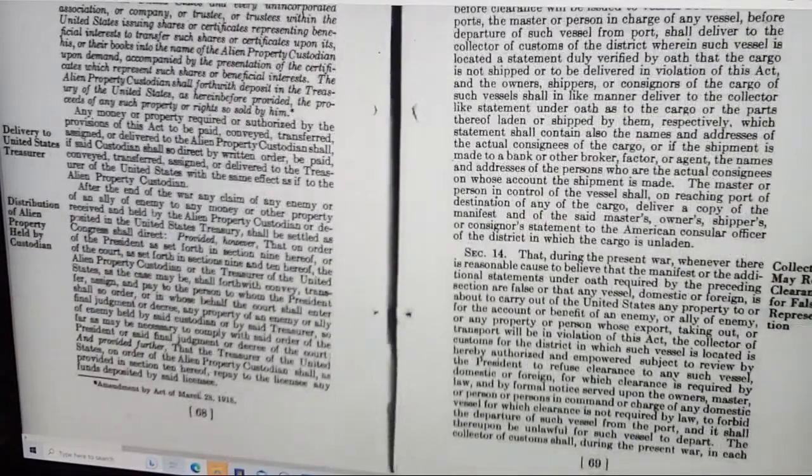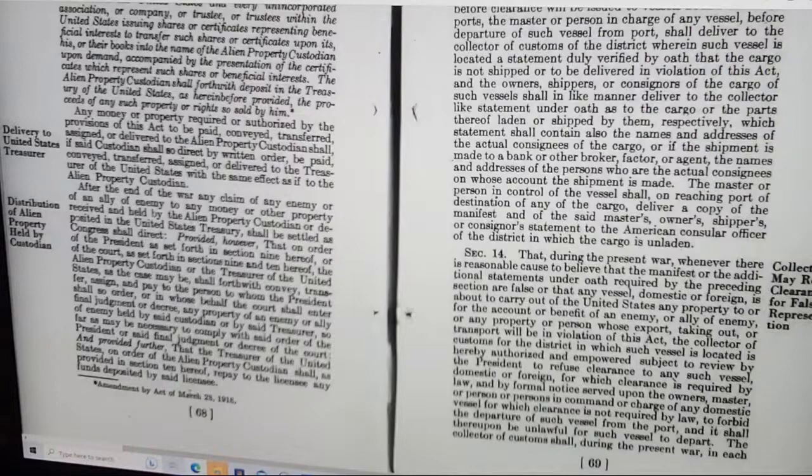Distribution of alien property held by custodian. After the end of the war, any claim of any enemy or of any ally of the enemy to any money or other property received and held by the alien property custodian or deposited in the United States Treasury shall be settled as Congress shall direct, provided, however, that on order of the President as set forth in Section 9 hereof, or of the court as set forth in Sections 9 and 10 hereof, the alien property custodian or the Treasurer of the United States, as the case may be, shall forthwith convey, transfer, assign, and pay to the person to whom the President shall so order, or in whose behalf the court shall enter final judgment or decree, any property of an enemy or ally of an enemy